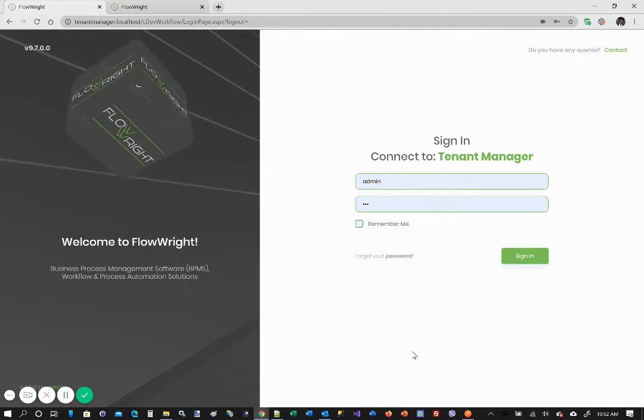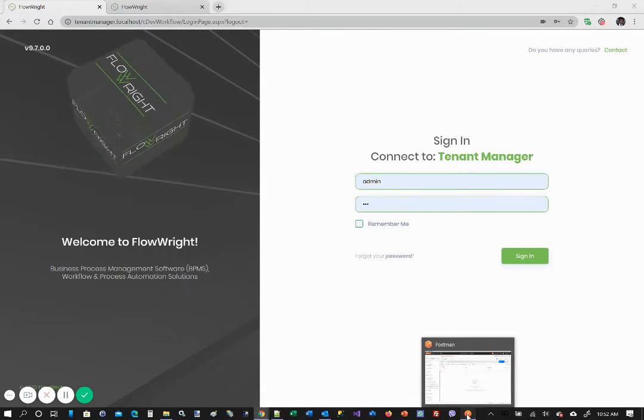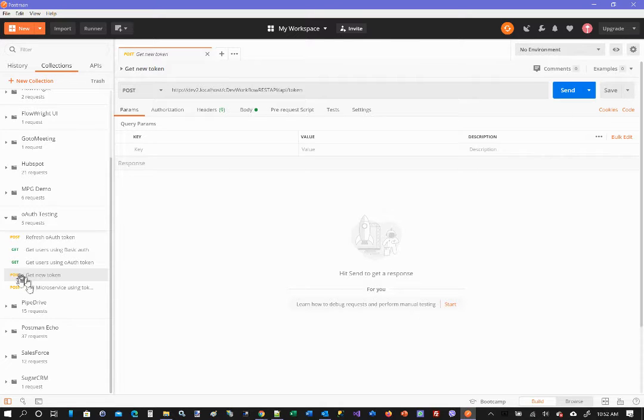In this example, we're going to learn how to use the REST API to get OAuth tokens and to use those tokens in REST API calls. So I'm going to use this utility called Postman. In Postman, I have already opened this particular tab where I'm going to make a POST HTTP call to